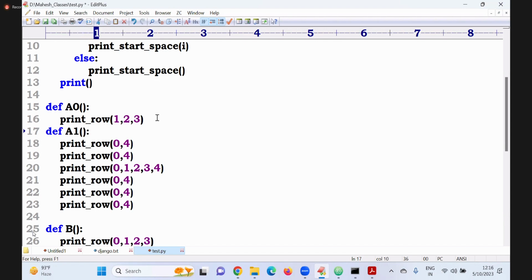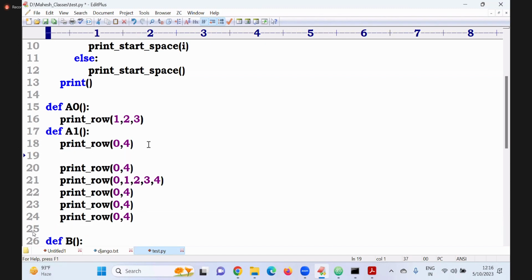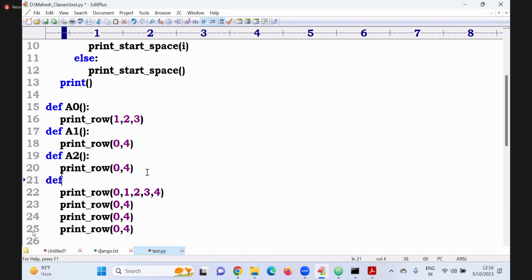Each one is one function. Now check it. Def, what do I want to do? A of 2. Now def A of 3. Here it is 3. Now def, which row is this? 4th row. I am declaring each one as a separate function.